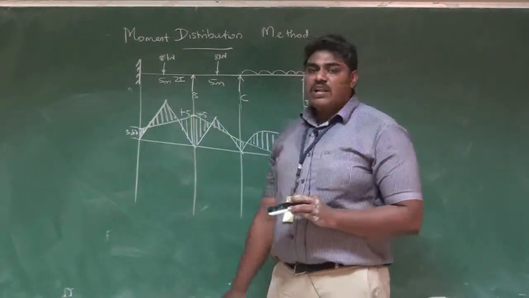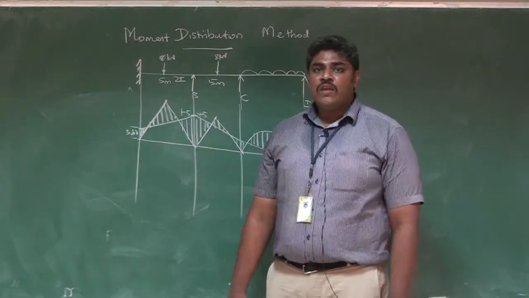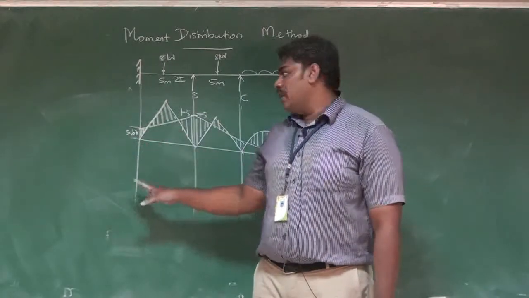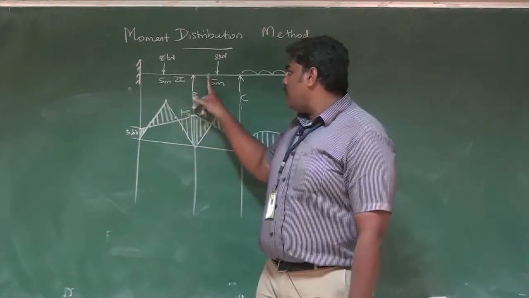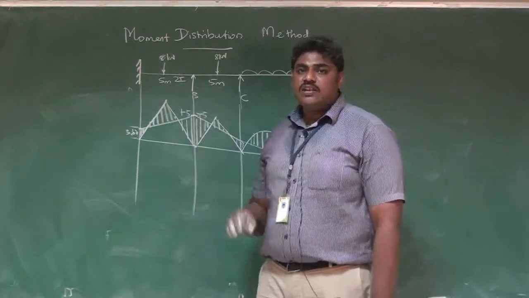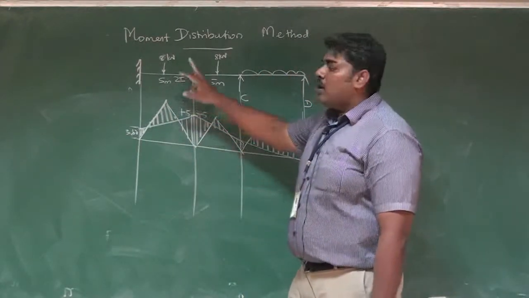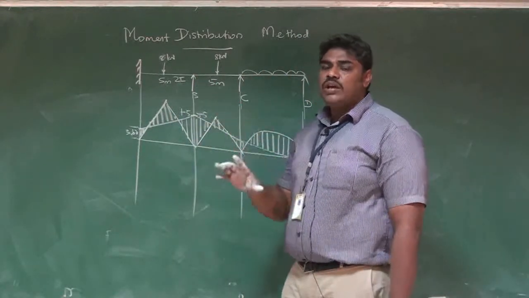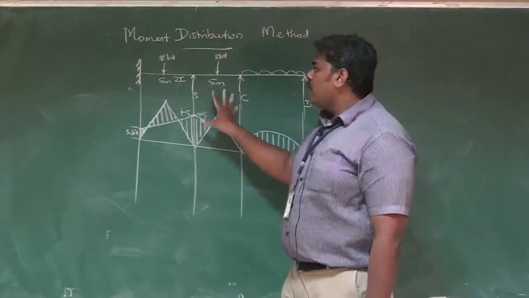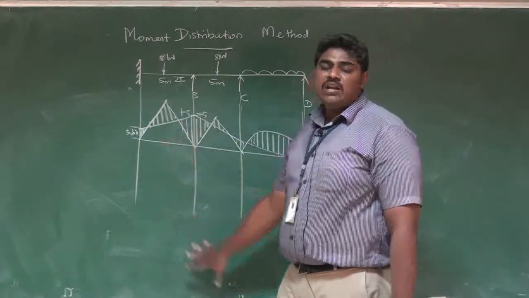Right? After calculating the fixed end moments, step 2 will be distribution factor calculation, where you will come across the calculation of relative stiffness of the member. Relative stiffness is dependent on the length and the I value of the member, the moment of inertia, that is the size of the beam. Right? So you have to be careful while selecting in a problem. If it is given as 2I, definitely 2 has to be substituted, otherwise the relative stiffness will be wrong. Whatever distribution factor you substitute here will be wrong, and the complete calculation will be wrong.